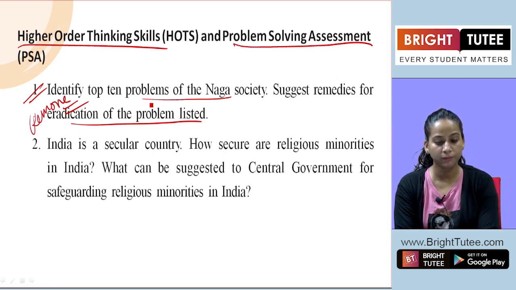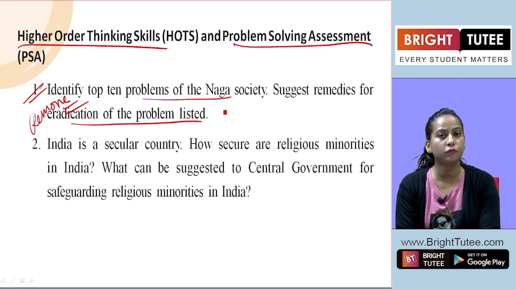So you can mention the first one: there is no serious attempt to develop the Naga language and literature. Secondly, the excessive policy of violence used by the Naga insurgents has played tremendous havoc in Naga society, having a deep and wide negative impact on all Nagas. Then Bangladeshi influx is another serious issue of concern. The illegal entry by these Bangladeshis is also creating problems for the Naga people.